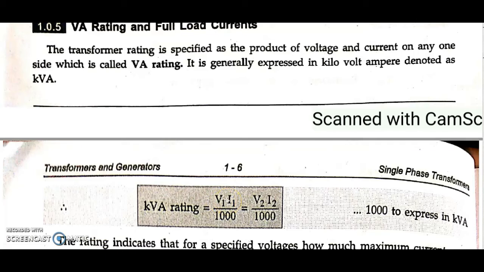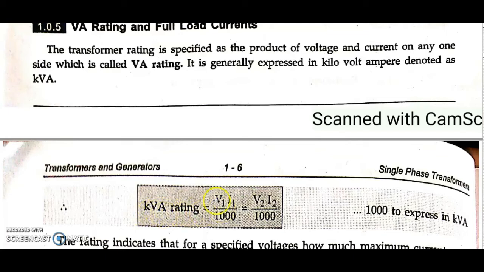If I was having DC, I would have called it watt, but since it's a transformer which operates at various power factors, watt will not be used here. Instead of calling it watt, we are going to call it kVA or MVA or just VA. So it's not wattage, so I'm going to remove that wattage here. Since it is AC and your transformer works at widely varying power factors, watt doesn't hold good here. Instead we should write kVA rating.